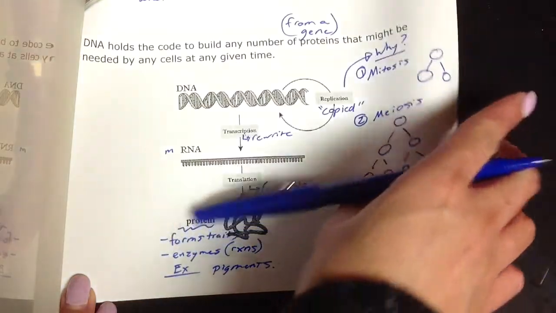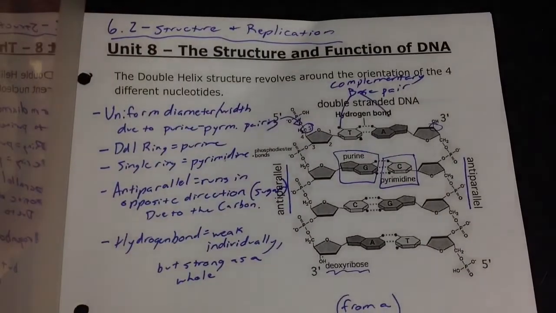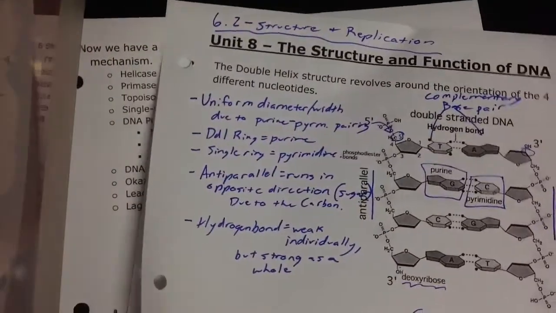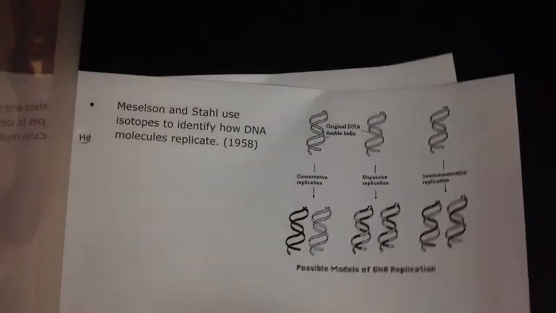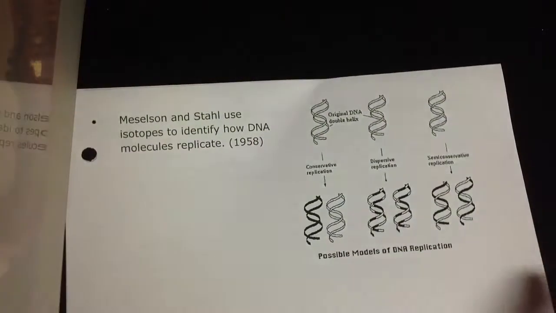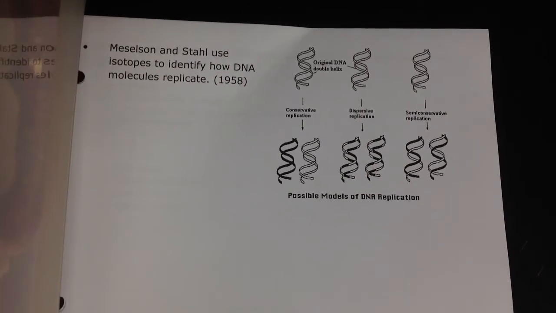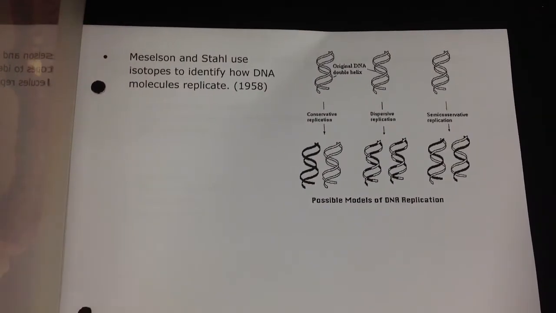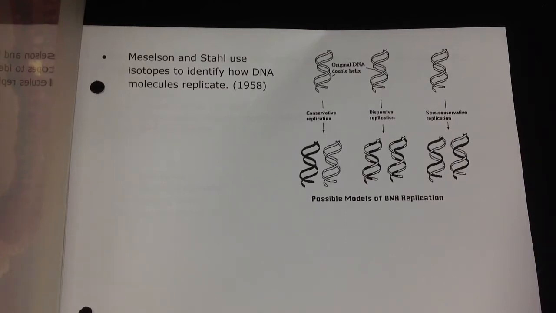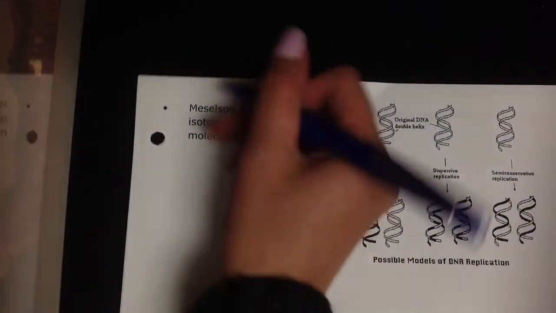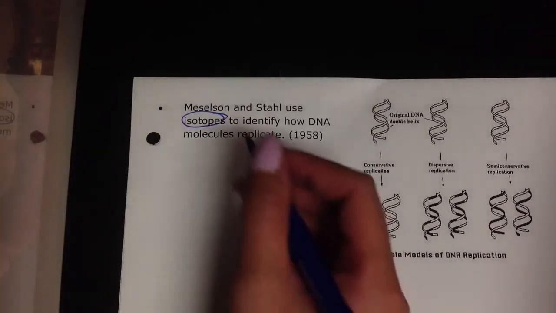So going from there, we would want to very quickly review one final experiment. This experiment explains to us how they figured out the process of DNA replication. Last time we focused on how we figured out that DNA is important, that it's the genetic material. Today we want to look at how DNA was identified as being what's known as semi-conservative. So we had 2 scientists, Meselson and Stahl, and they used some radioactive isotopes to identify how DNA molecules replicate. When they were using isotopes, just as a reminder, what is an isotope,